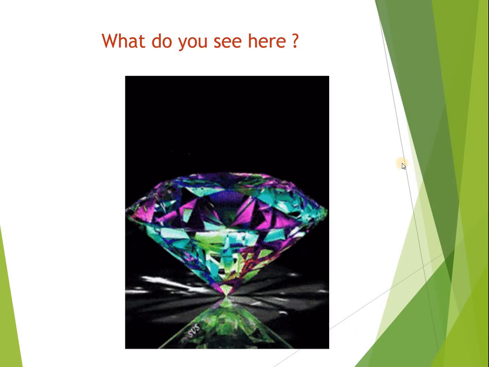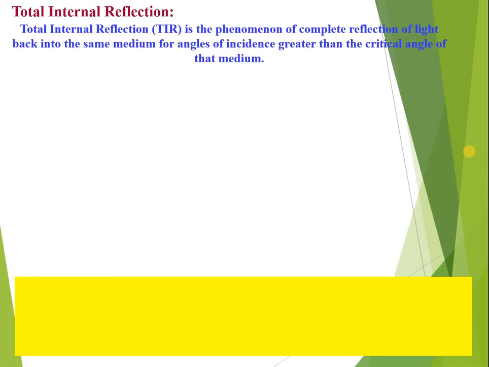This is a diamond and diamond sparkles. Why the diamond sparkles? That we are going to study. The diamond sparkles due to total internal reflection. Total internal reflection is the phenomenon of the complete reflection of light